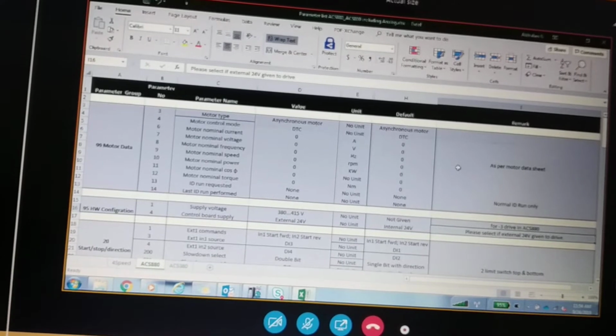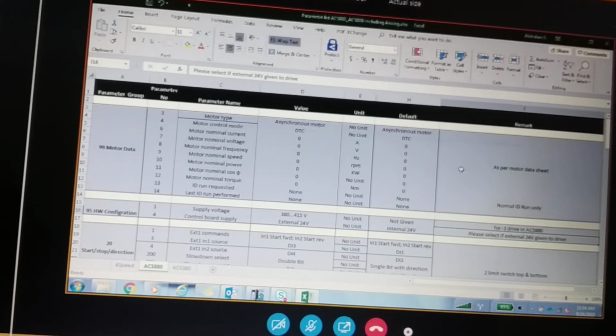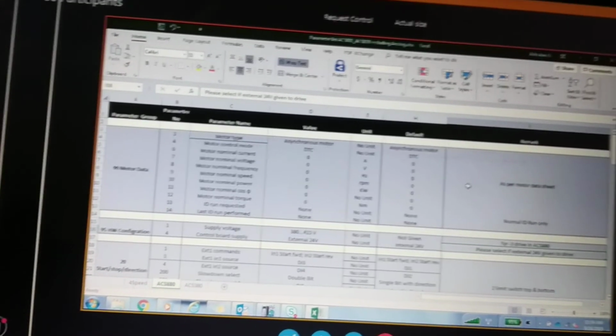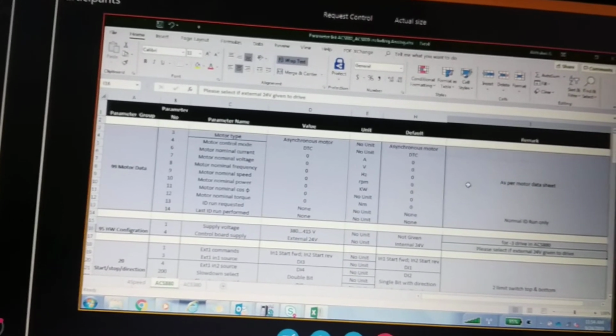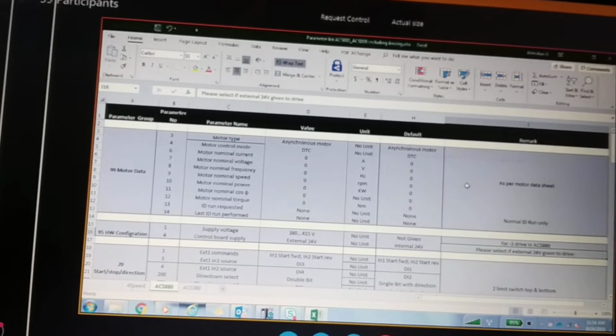It is always recommended to do it with the motor decoupled. Worst case, if an encoder is there, you can go with the coupled motor also, with the hook going up and down. That can be done.